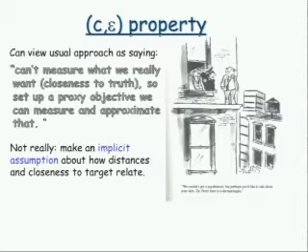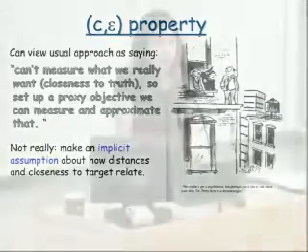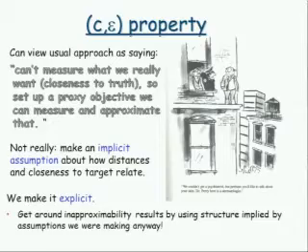However, this is maybe perhaps a bit too cynical, because if we end up using a C-approximation algorithm to cluster our documents, that means that we must make an implicit assumption about how distances and the closeness to the ground truth relate. So we must make an implicit assumption about the structure of our problem. And what we do in our work, we make it explicit. And if we make it explicit, we get around inapproximability results by using the structure that is implied by assumptions that we are making implicitly anyway. So this is one way to think about this work. And I think it's kind of cool, from a conceptual point of view and from a theoretical point of view.